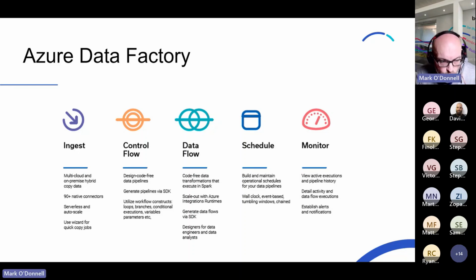Cost of Data Factory depends a lot on the architecture. In my experience, the expensive part of this tends to be data flows, but many customers actually choose not to use data flows, and they prefer to use it as an orchestration tool to deliver data to something like a data lake or a database, and then do manipulation either in something like Python or via something like T-SQL in an Azure SQL database, all of which will keep the cost down in that respect. As a tool for bringing data onto your platform, it's actually really pretty good, difficult to beat.